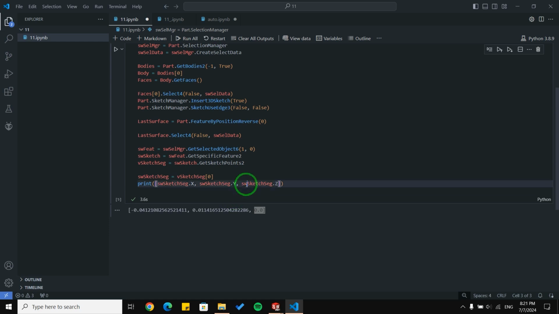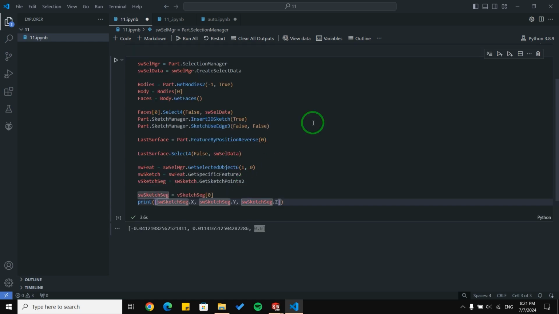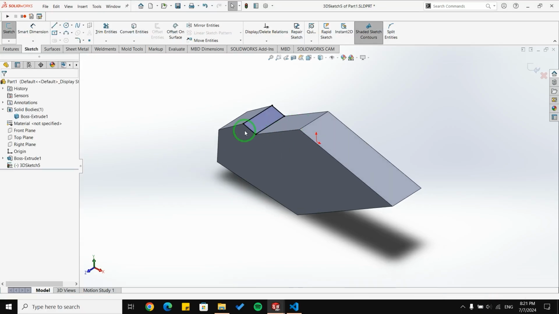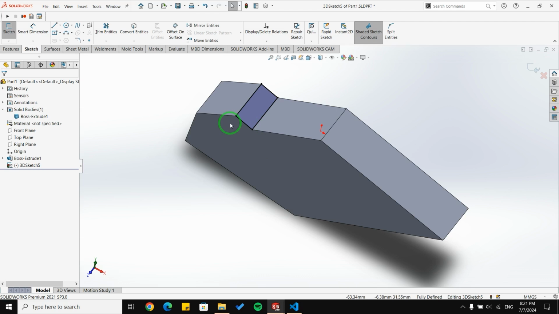So now we are able to create a sketch, get a point, get all of the points in that sketch, and then print the location. So now I'm going to rewrite this code and put it in a for loop, because we need to go through all the faces, then go through all the points and save them in one variable.